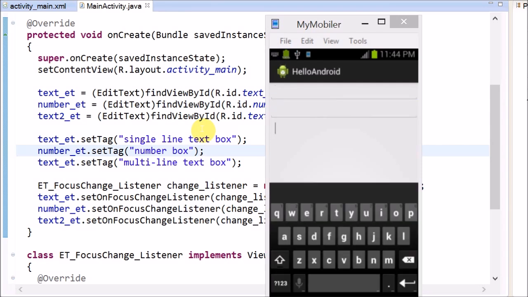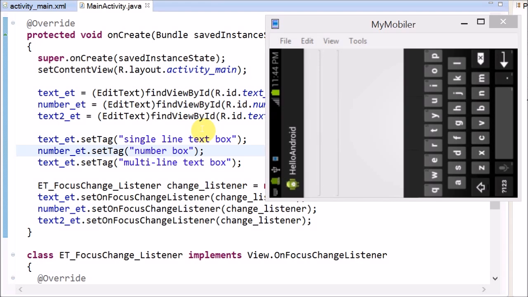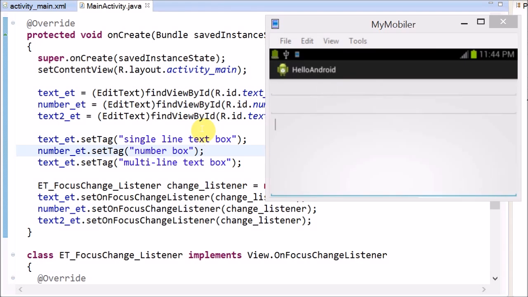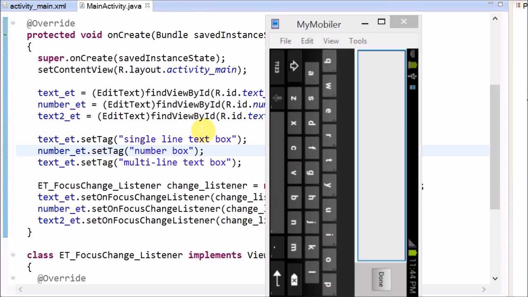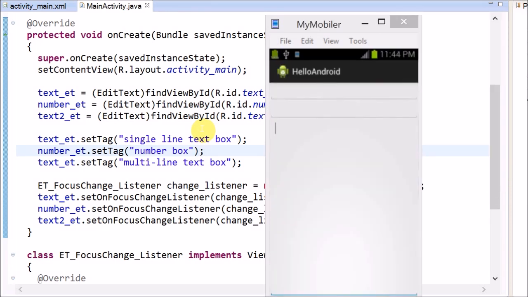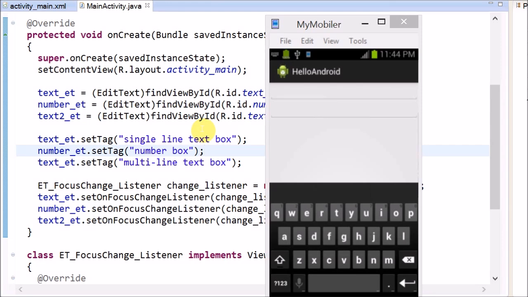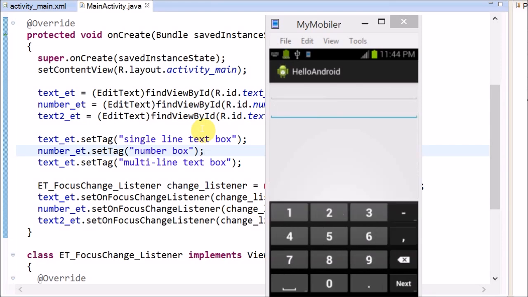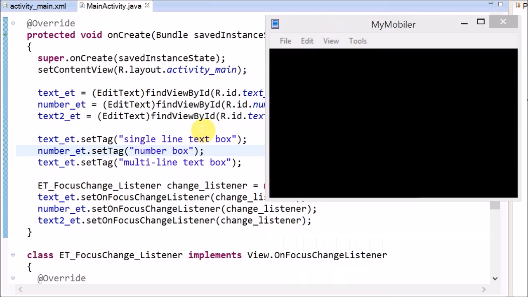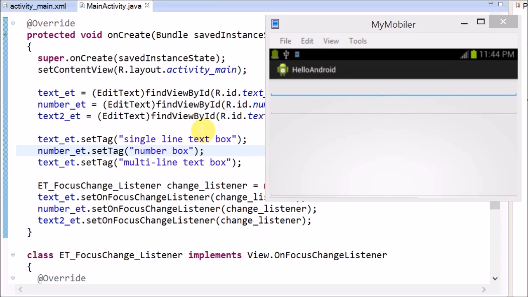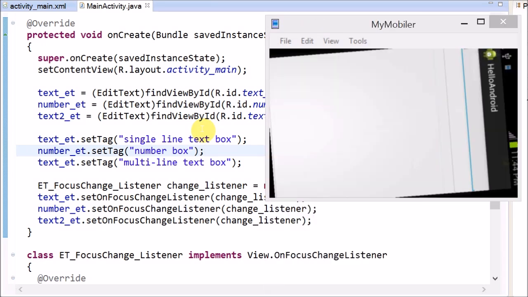So this one has no done button. If you rotate it, there will be a done button. But the multi-line text box doesn't have any button. The number box has a next button now, and the first text box has a next button now. You can control whether it's a next button or a done button